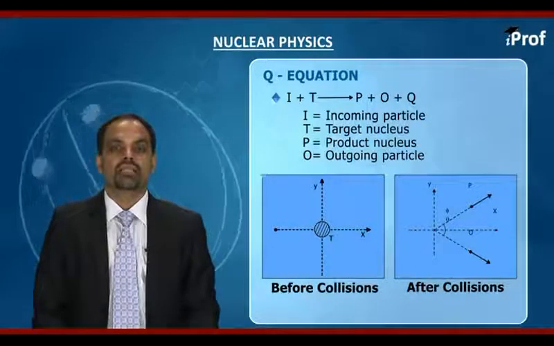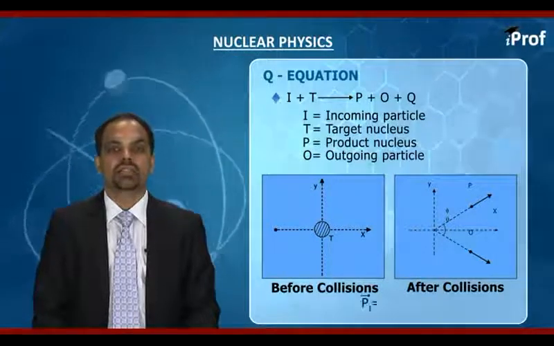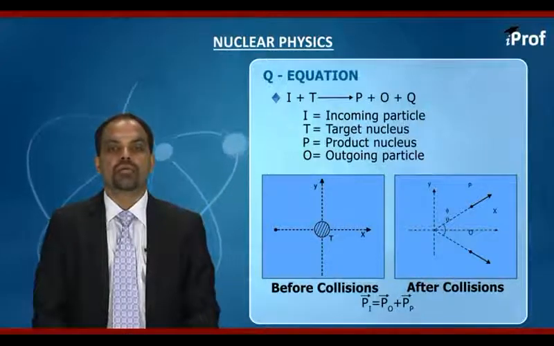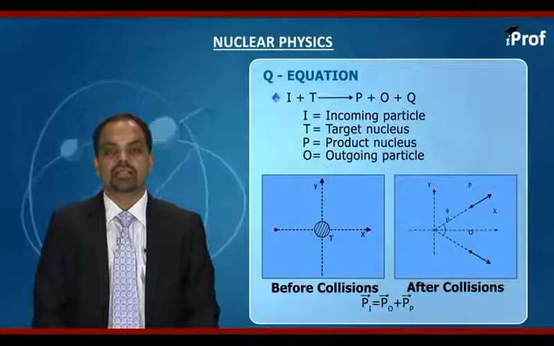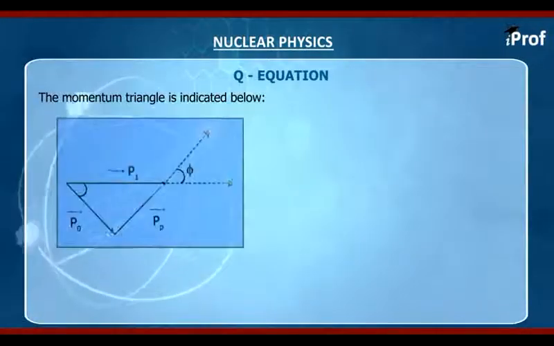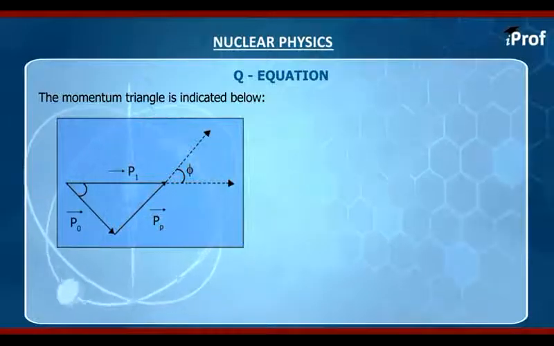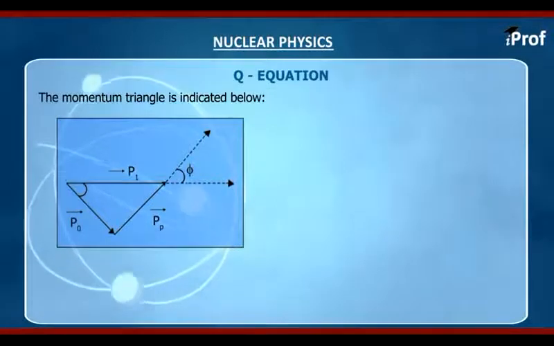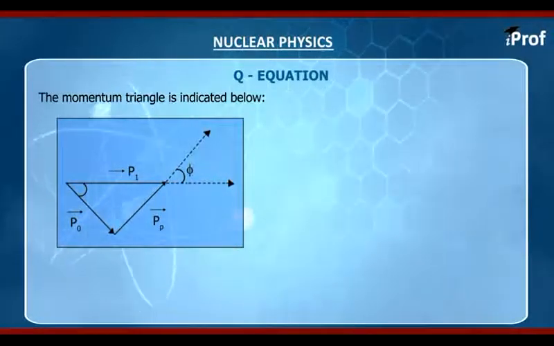Now we know that in any nuclear reaction, conservation of linear momentum can be applied. Here the initial momentum will be equal to the final momentum. The target nucleus we have taken at rest and the incoming particle is in motion, so we can write that the momentum of the incoming particle will be equal to the momentum of the outgoing particle and the momentum of the product nucleus. So we get a momentum